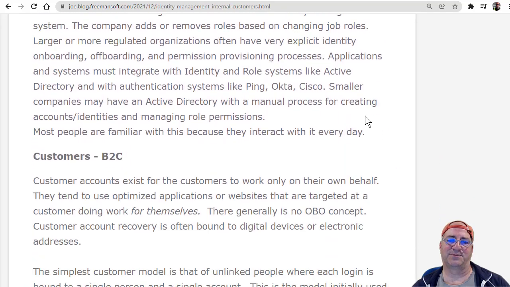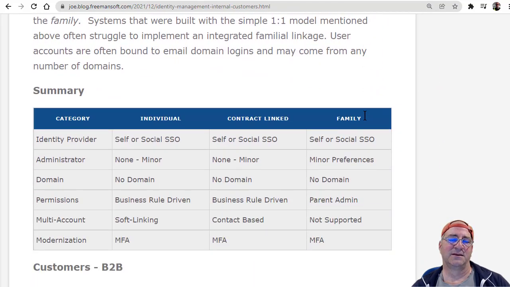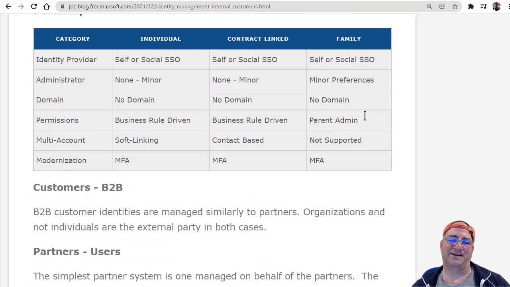I'm going to take you to a couple tables in this page. So for people, individuals, I actually started talking about individuals, and I realized the thing that got me angry is the way all the social media companies and game companies and these other people, like my phone backup service, it turns out they have no ability to create groups of people in any meaningful way, right? Everything was done as an individual. The account and the username and what you're allowed to do is all the same, right?